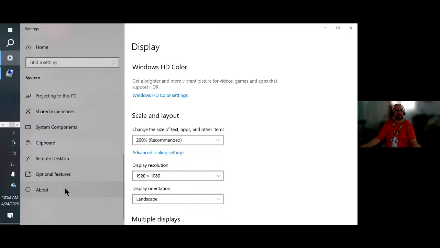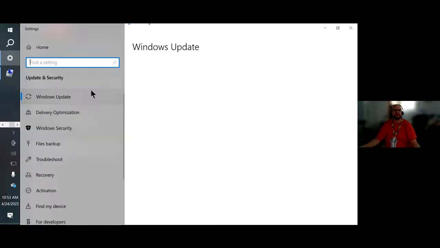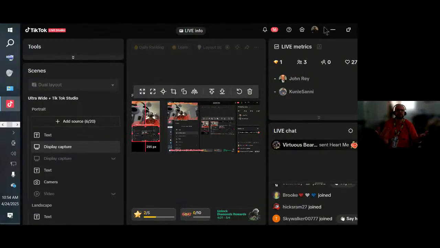Within the computer's updates, check for updates, I'll see under the Windows update that, hey, your computer is capable of running Windows 11, and wouldn't it be great to check all the hardware requirements and upgrade to Windows 11, which means you can't use Windows 10 anymore. One thing that I learned as a Windows technical specialist working full-time at Microsoft is